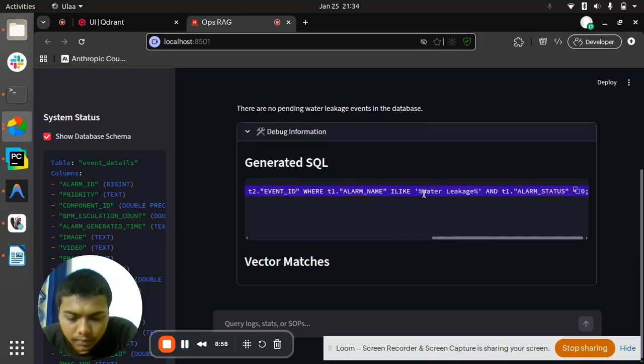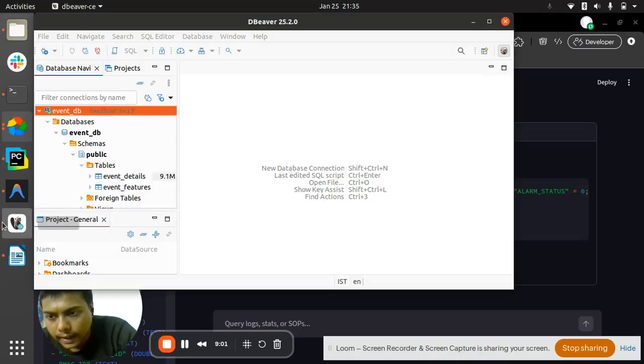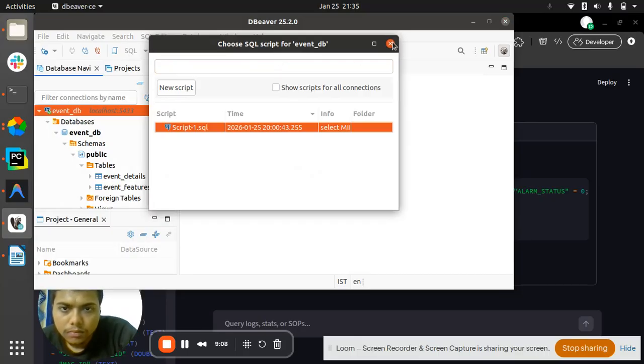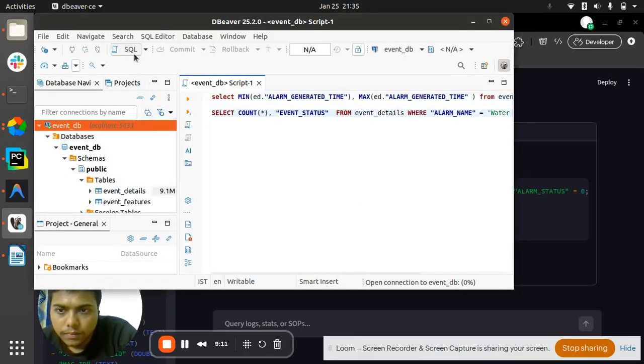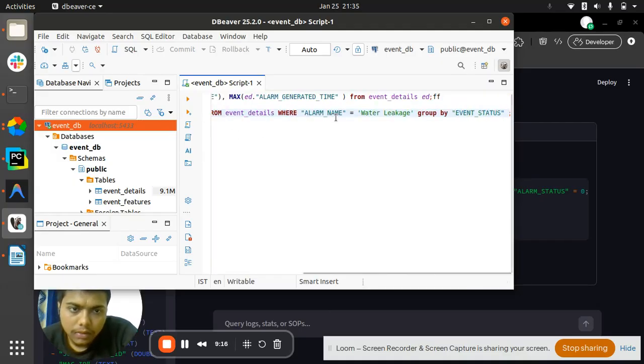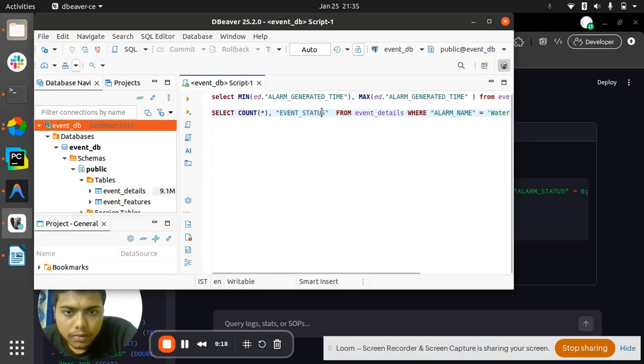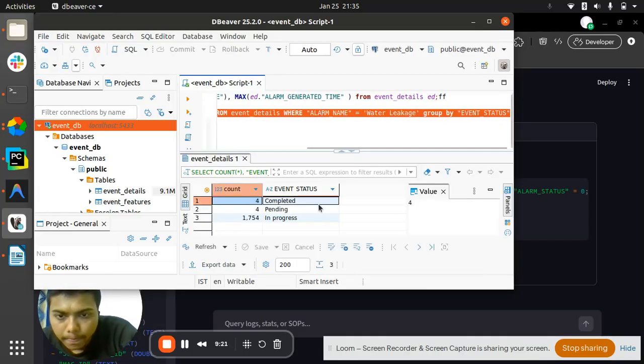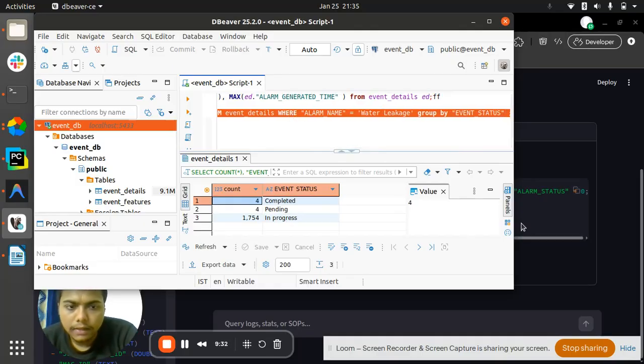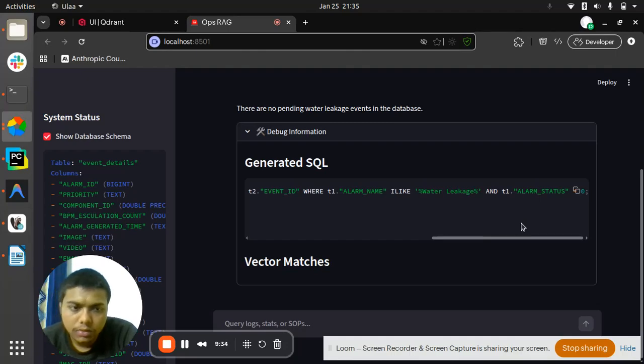But if I query the database directly by opening the SQL editor, yes, I have already written it here, so we can run this command. See, this states that there are four pending events with leakage in the alarm name. It means it should have returned four, but it is not returning. The issue here is that